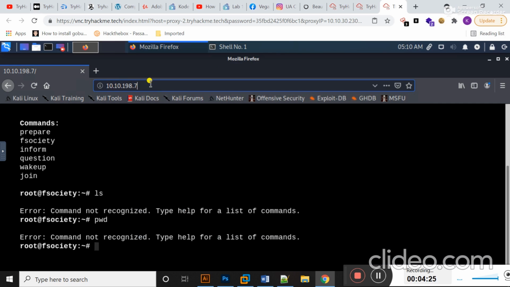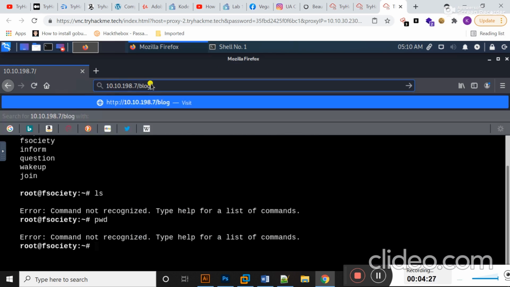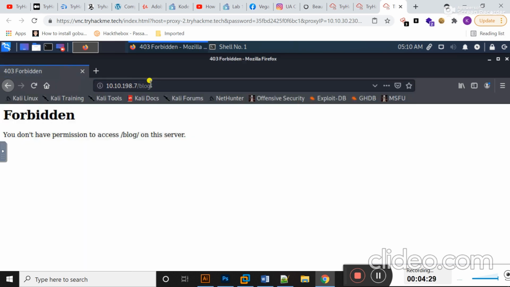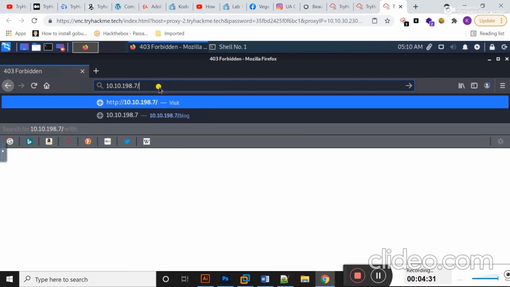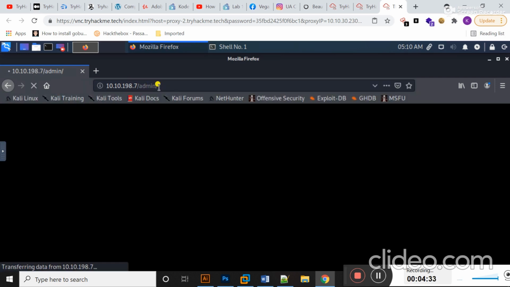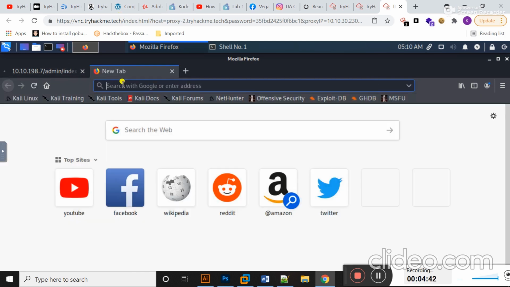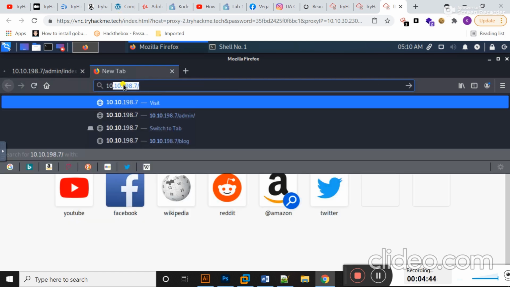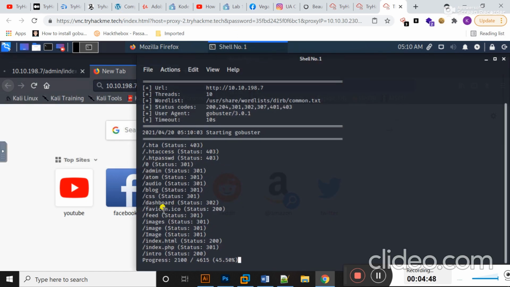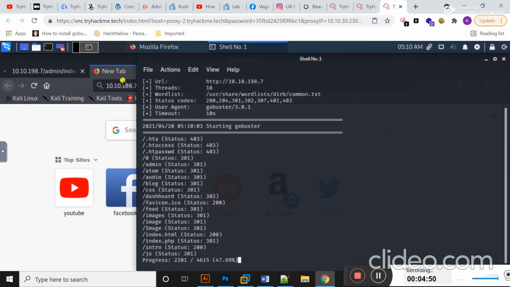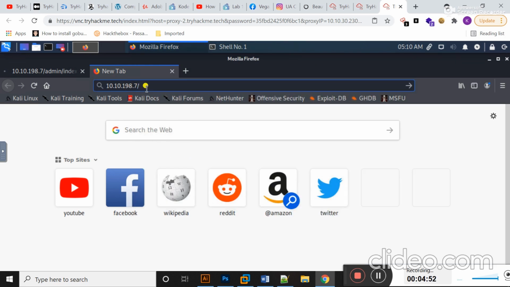Okay, let's move to my browser window. If I type here blog, hit enter. If I check admin, okay, I'm going to check one by one in order to find useful information.